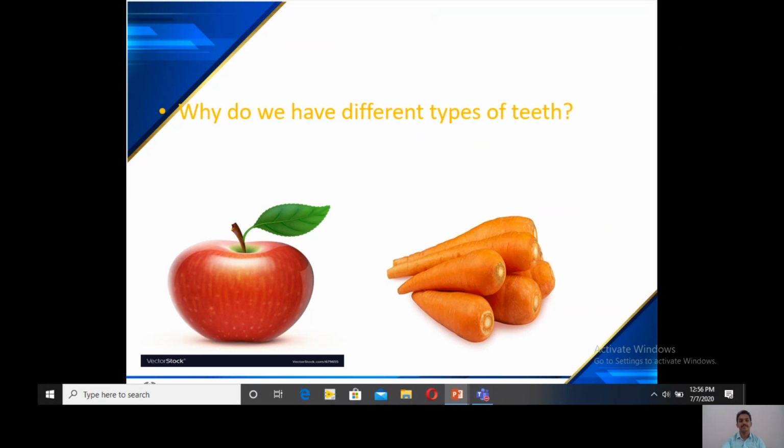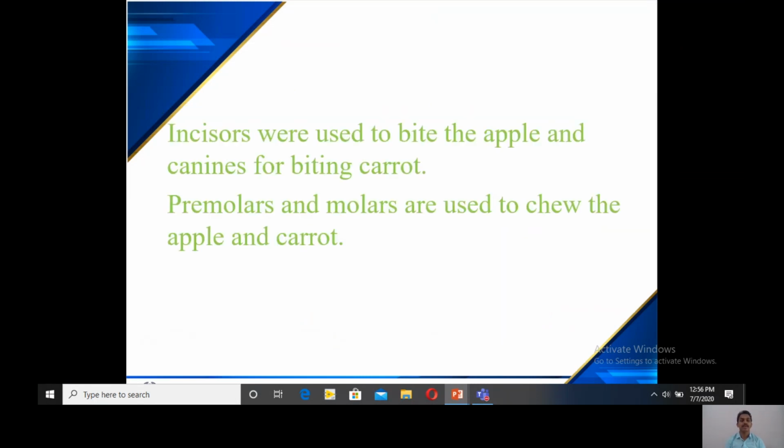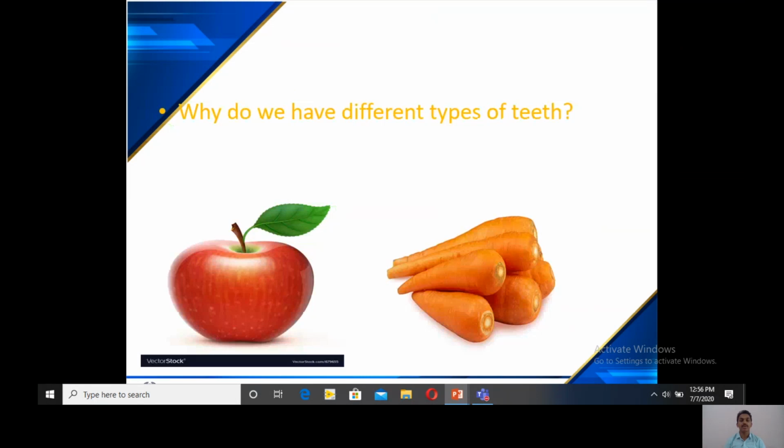Just think. Or you can try this. You should go to the shop and buy some apples and carrots. Then you eat, and you observe which type of teeth you are using.